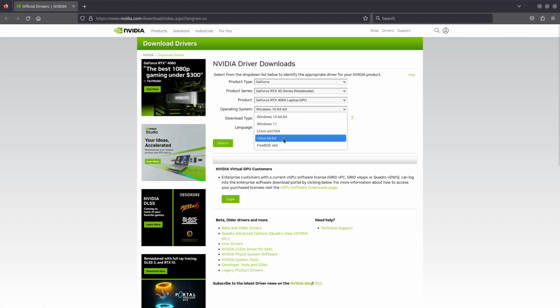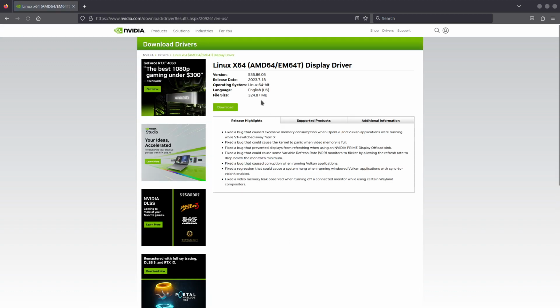You select Linux, 64-bit, make sure you select it, and search. It's going to tell you it's 535.86.05. So according to this, you don't download anything from here. Careful. Don't download anything from here, because if you download from here, you have to manually install it, and it's not a very easy process. And it might not always work. So you know which version you need. You close that,